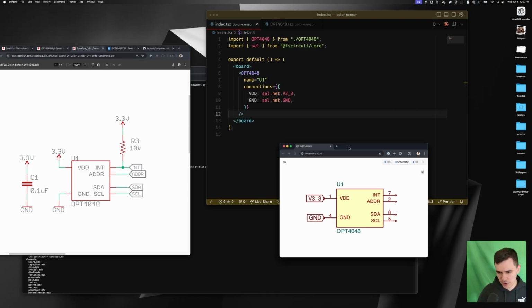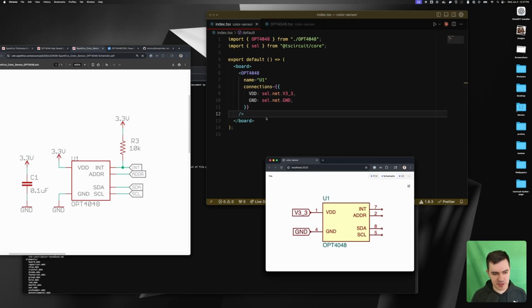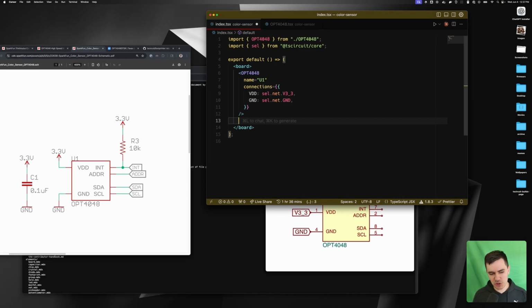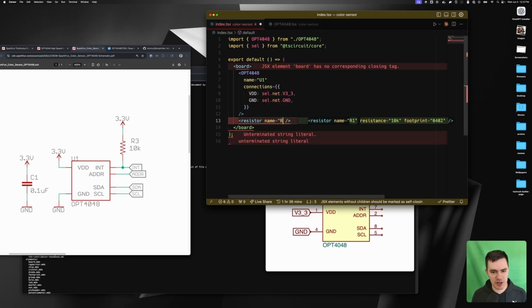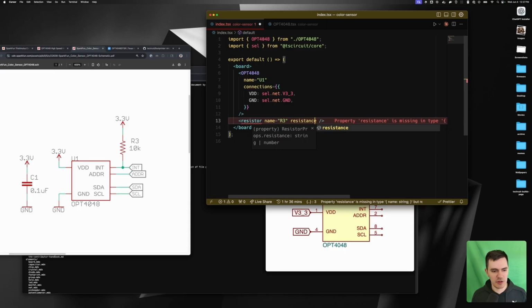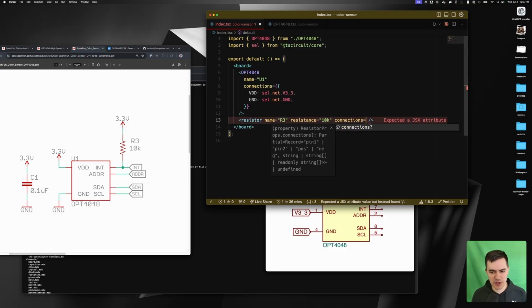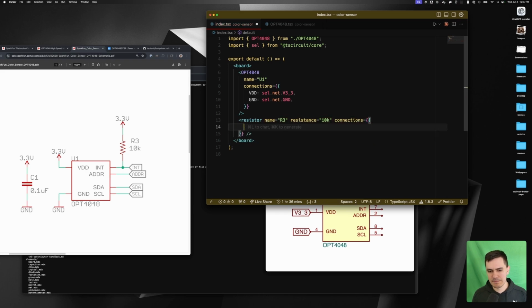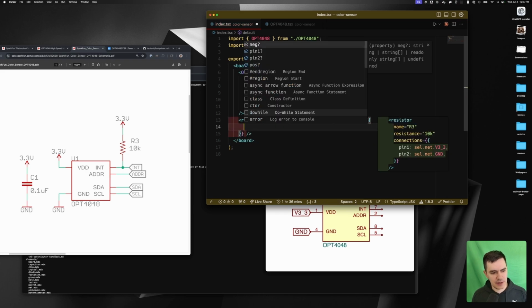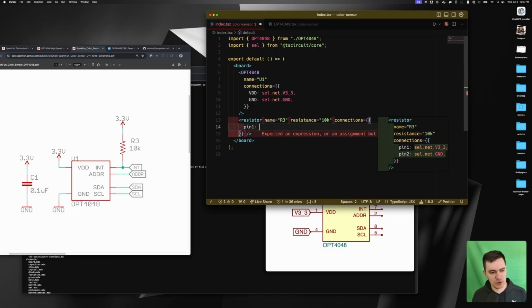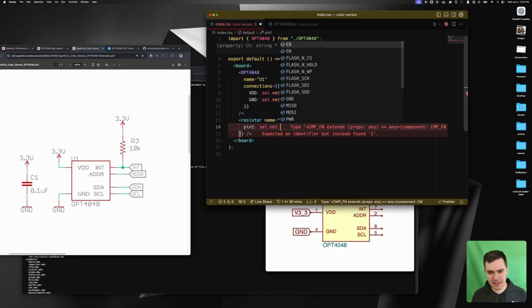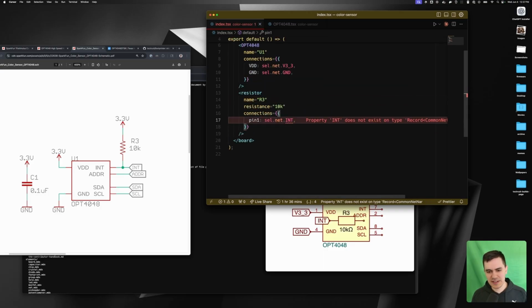Okay, part 4. We're still just wiring up the schematic. Everything should be a little bit easier now. We don't have to look at any data sheets. We can see we have a resistor R3 over there. So I'm going to give that resistor name R3, resistance 10K. And then we can see it has 2 connections. It has, let's say it's pin 1 that goes to this int net. So we'll say cell.net.int. So you can see